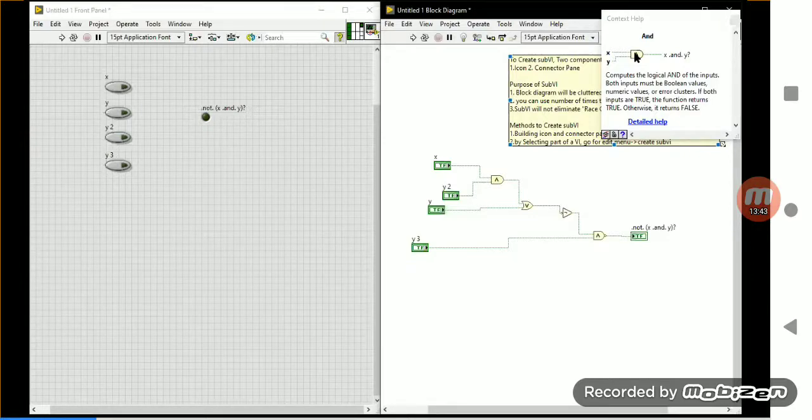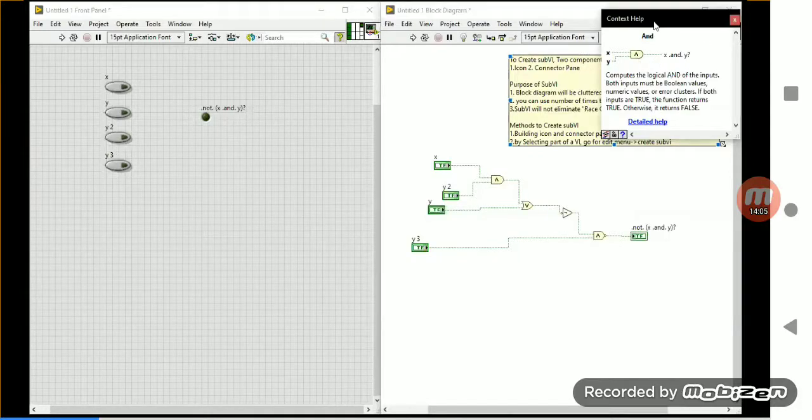So you are going to perform an AND operation, but if you make an icon like a tree icon, that will not make sense to the program over there, okay? So that's why always try to have some relevant icon, just put it for your VI over there. That's also one of the parts of creating a sub VI over there, okay? So that's why I'm telling over there, okay?